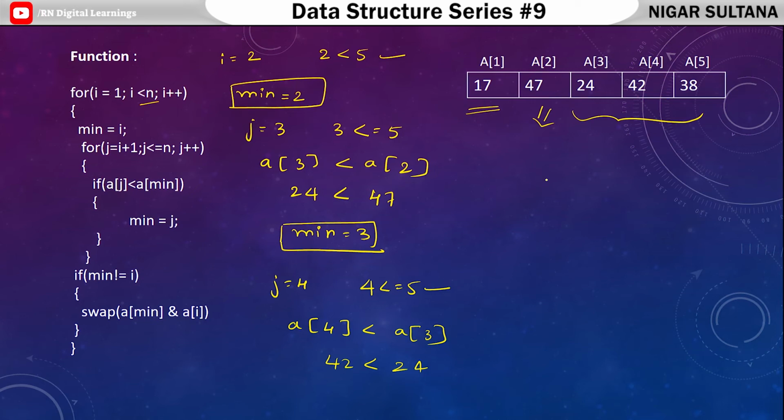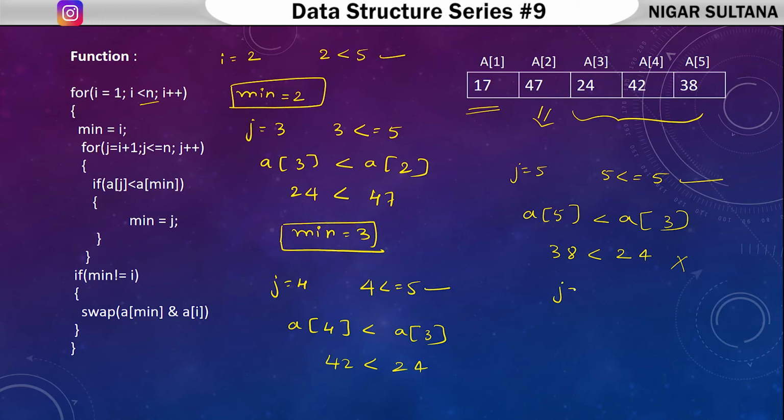Then increment the value of j. J value will be 5. Is 5 lesser than or equal to 5? It's true. Check the if condition. A of j, A of 5, lesser than A of min. Min is my 3. Now compare this. A of 5 is 38 lesser than 24. It's false. Increment the value of j. J is 6. Is 6 lesser than or equal to 5? It's false. When it is false,